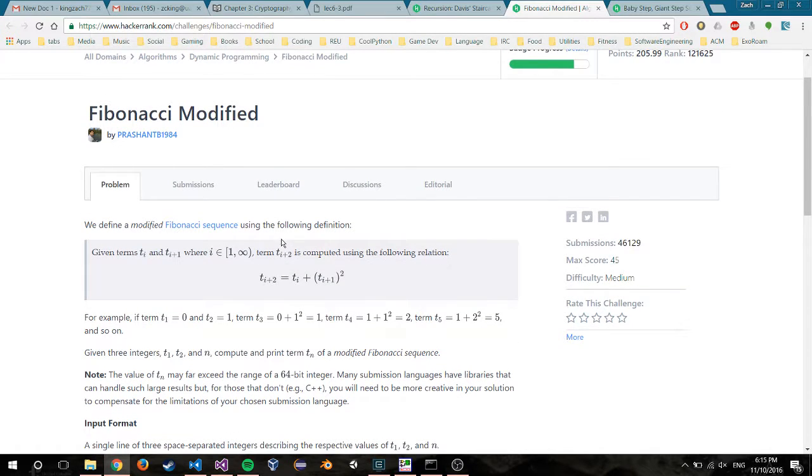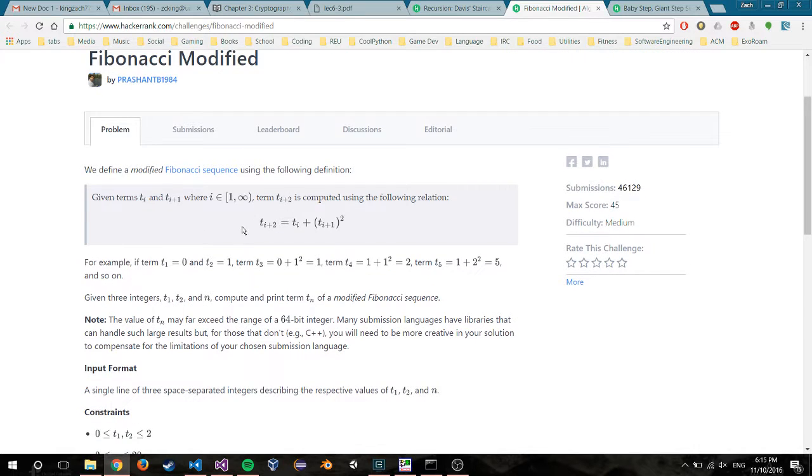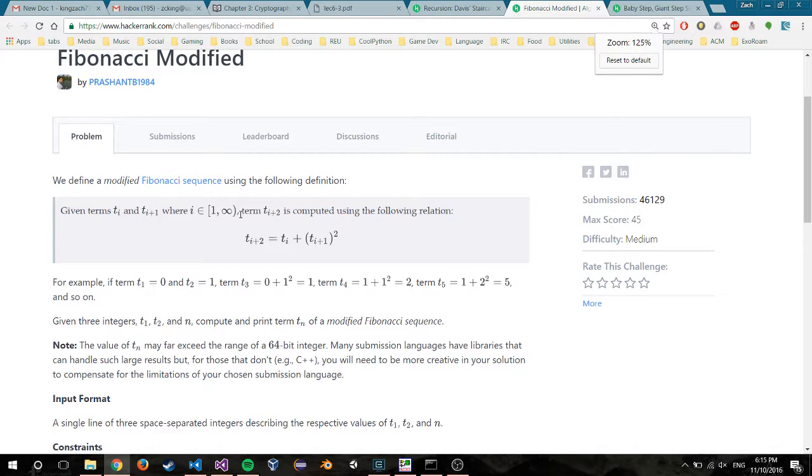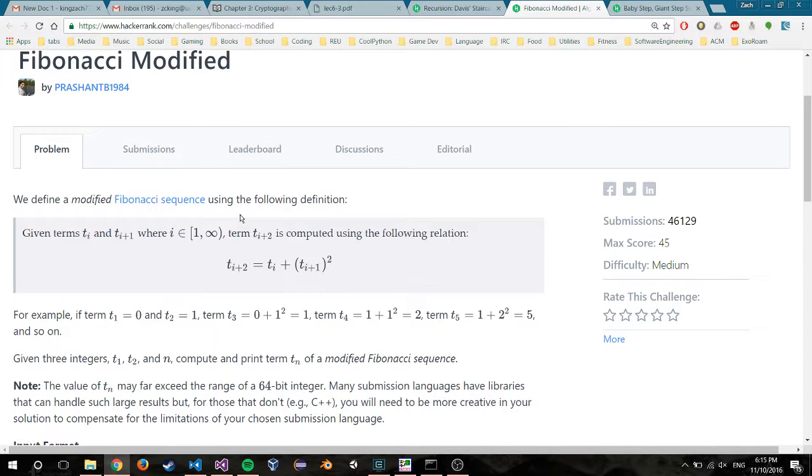This one is basically Fibonacci, but not your typical Fibonacci. Pretty much what it is, they define the Fibonacci sequence as what you see up there. Instead of normally having T(i+2) equals